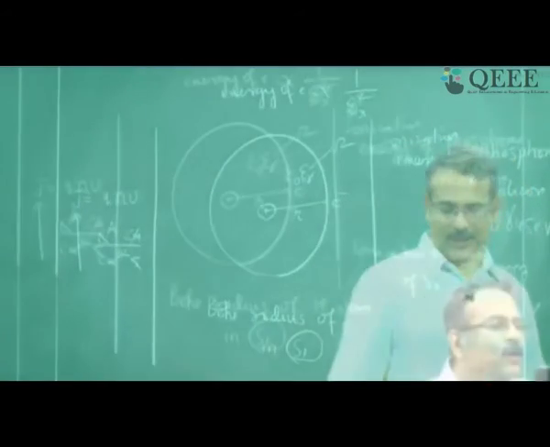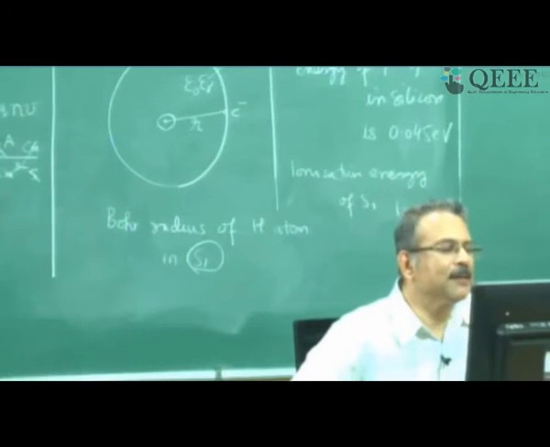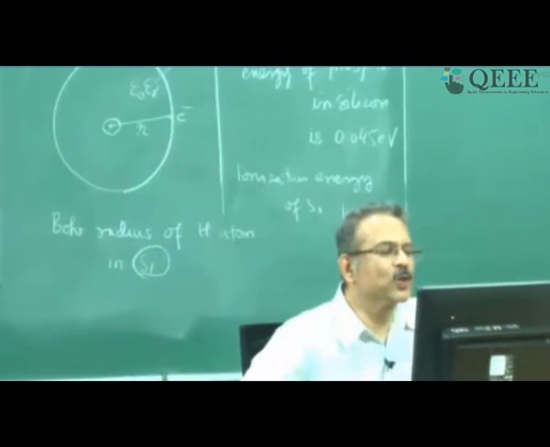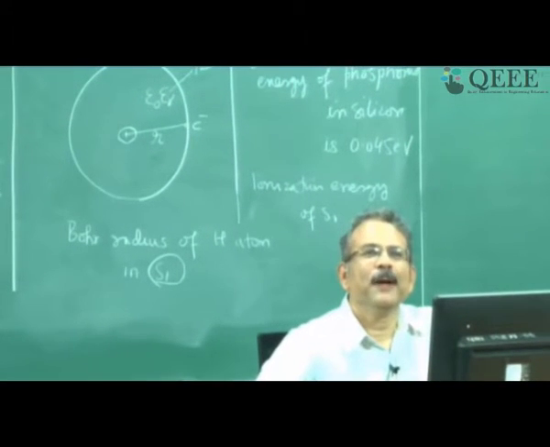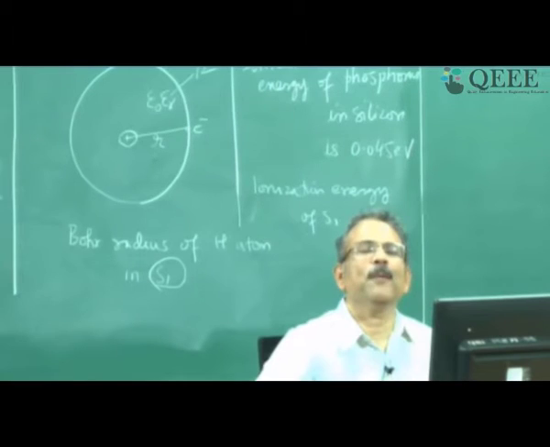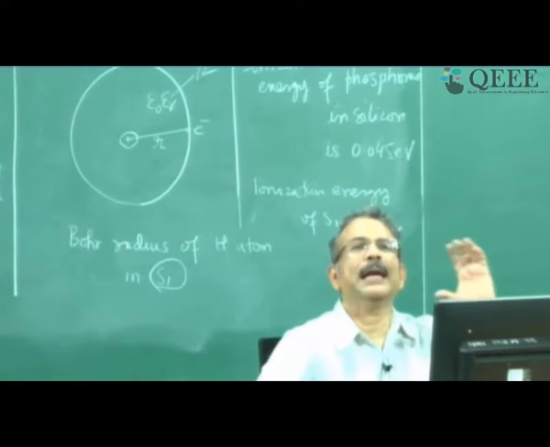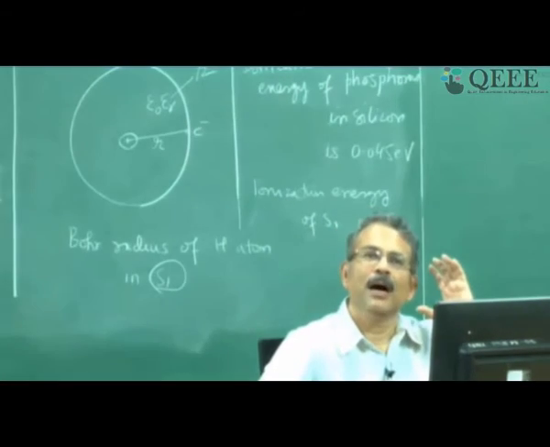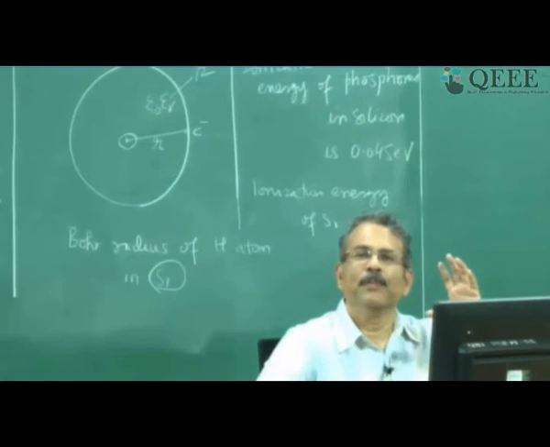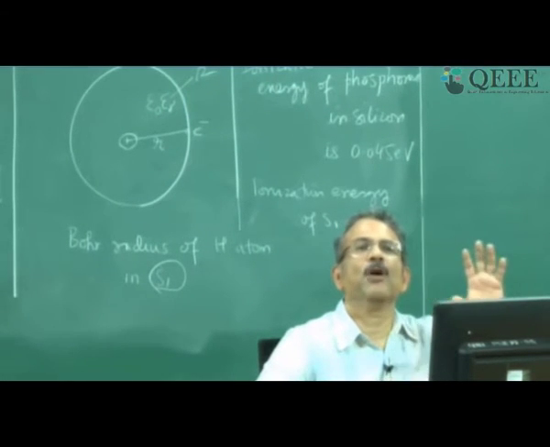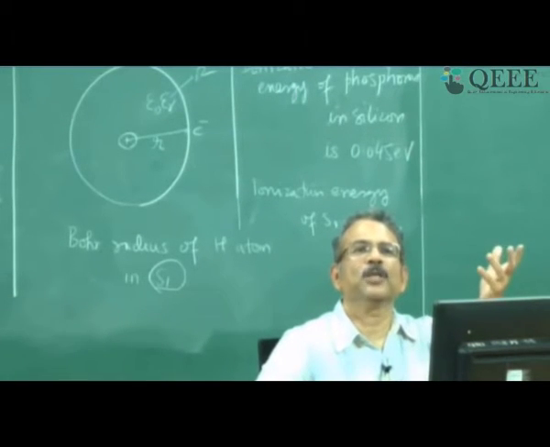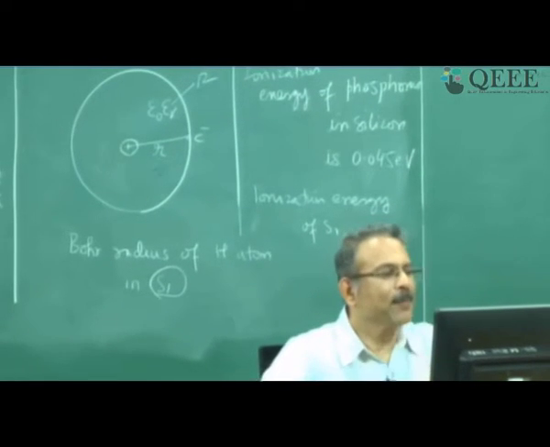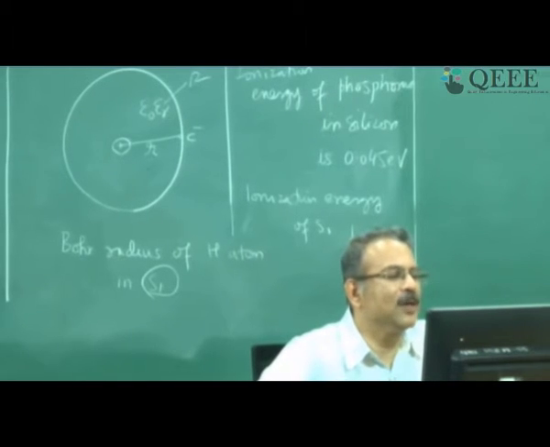Let me look at questions. Why is carbon not used as a semiconductor material even though it is included in the fourth group? A good question. Carbon is also a semiconductor, but its insulating property is much more than silicon. The energy gap of carbon is very high. People are considering the use of carbon in the form of diamond. Nowadays people are talking about diamond as a possible semiconductor material, right? So that is the answer to the question why carbon is not used.